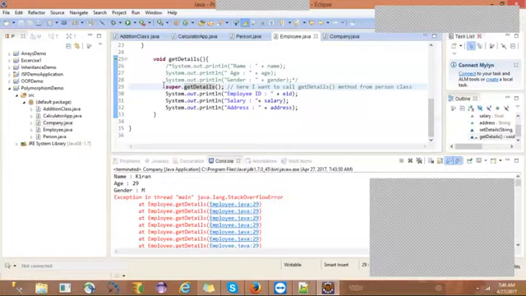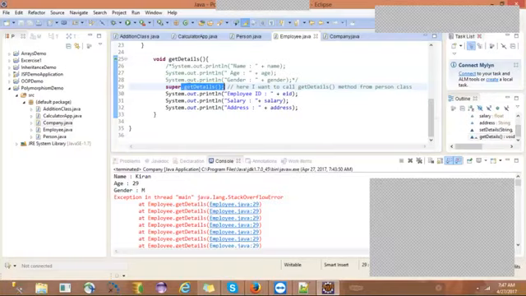Now if you write super, it is equivalent to p dot get details, where p means person. Person dot get details. Okay guys, I have understood the requirement for super and how we are using it. The super keyword is used to refer to the superclass object and invoke the superclass members in the subclass.